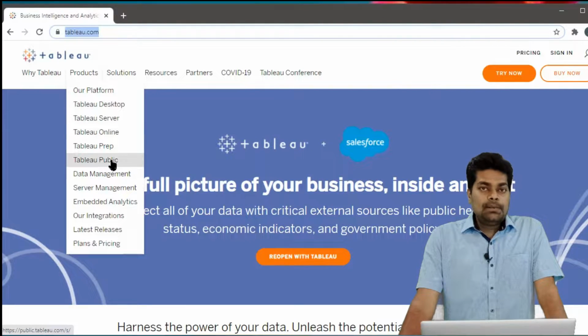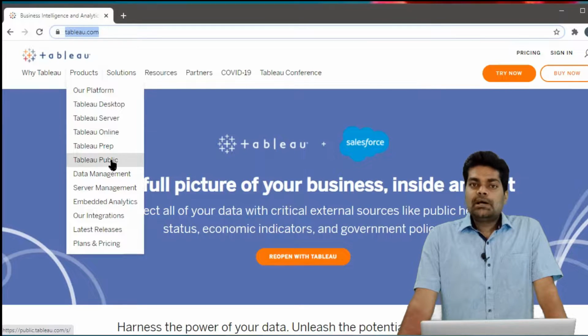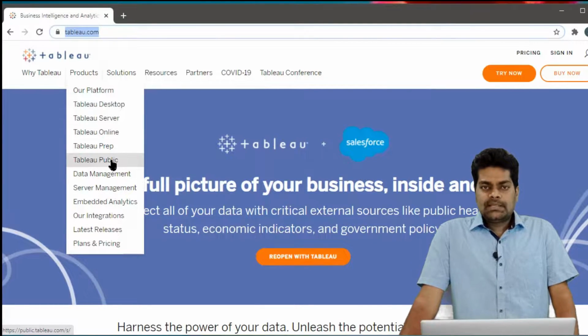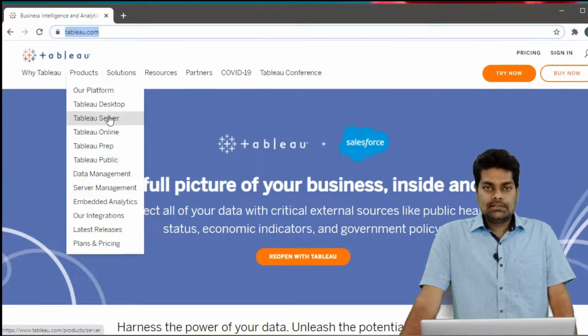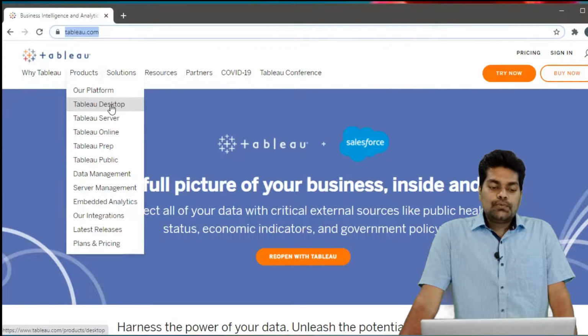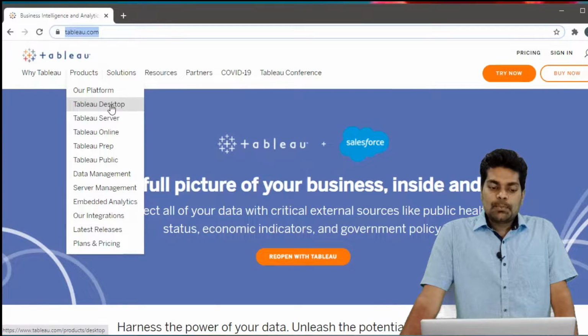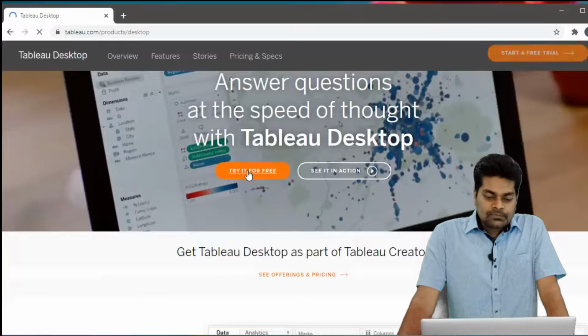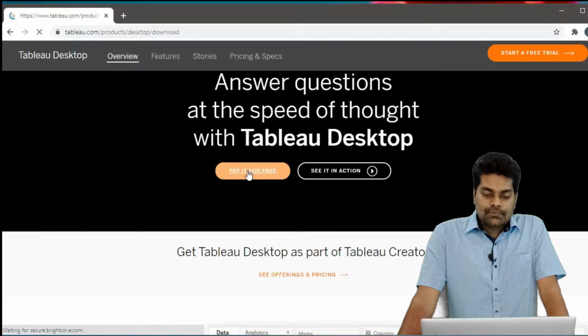And Tableau Public we can easily use without any license, but Tableau Public is for learning purpose and comparatively has less features. So we are going to install Tableau Desktop. So first we'll click on Tableau Desktop, then here try it for free,